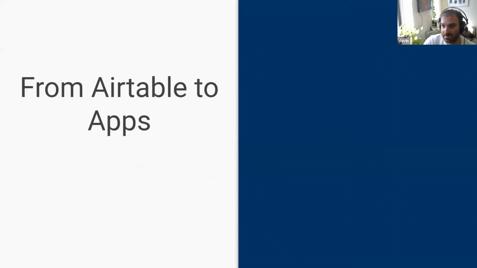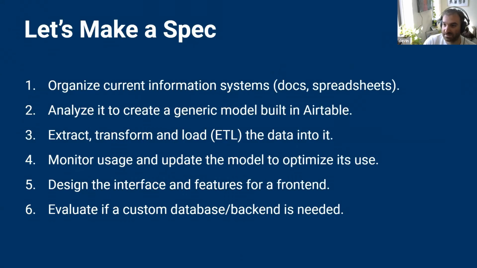So now the bit that, you know, how do we use Airtable to develop software better? I'm going to go through the process I use for that, which is, okay, we're making a specification and leveraging Airtable to do that. So what I alluded to in this previous